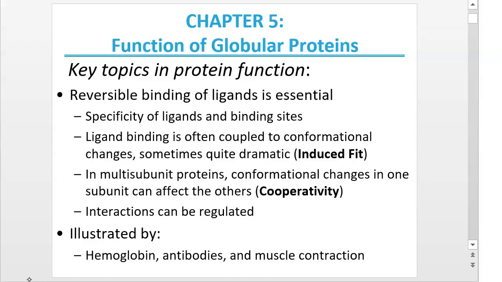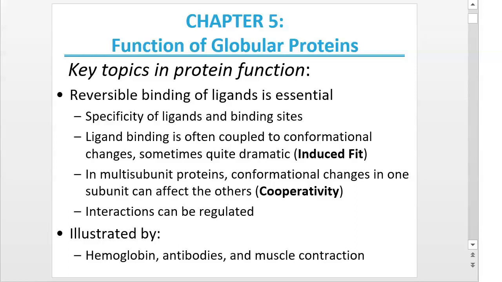But the chapter does include some other proteins to look at. We're just going to spend the most detail on myoglobin and hemoglobin. But the chapter is titled Function of Globular Proteins. And some of the concepts that we began to investigate in class this week, I'm going to revisit briefly here and then move on with a few of these PowerPoint slides just at the beginning, and then an activity that we also touched on in class this week, but we will investigate a little bit more in detail here before our Zoom class on Friday.